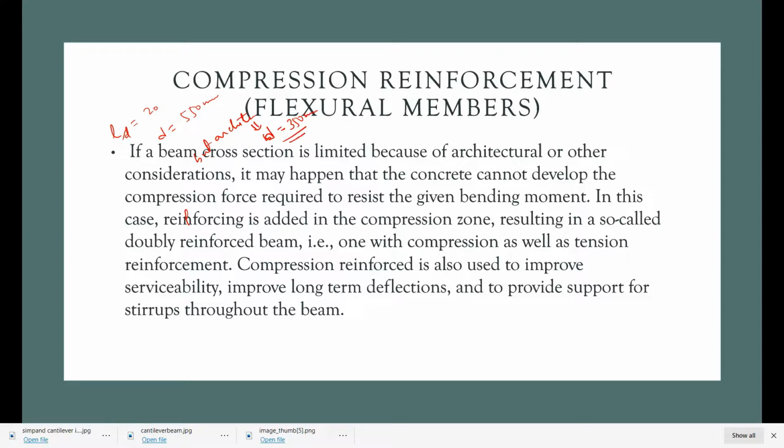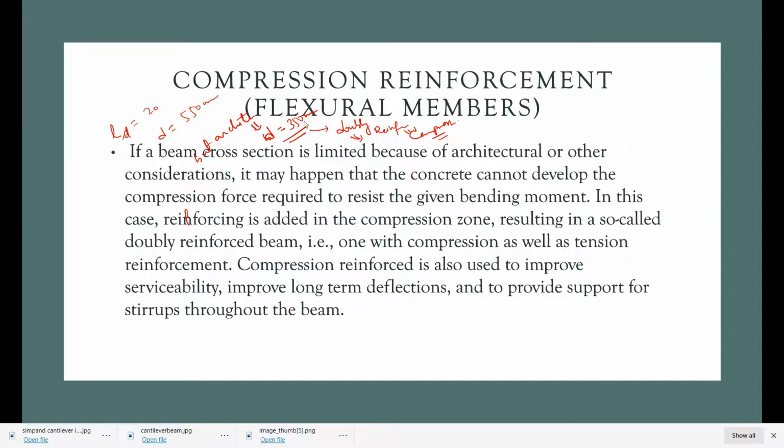So to fulfill this criteria, because of the architectural view we have to preserve, we have to design it as a so-called doubly reinforced beam. In this, we have to provide reinforcement also in the compression zone to resist the higher load.